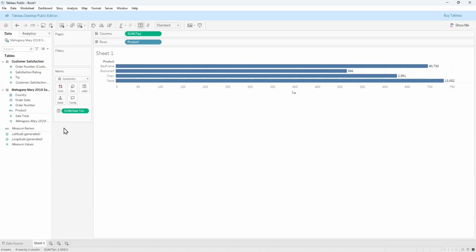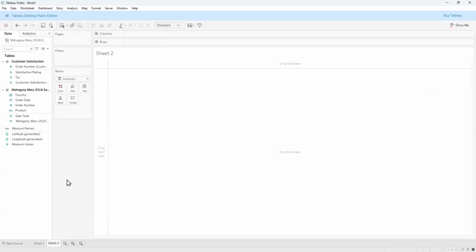So if we want to create a second visualization, we need to create a new sheet. There's a couple different ways that we can do that. We can go up to here and create a new worksheet listed here, or we can go down here and create a new worksheet here. So now we have a new worksheet. So now we can start asking other questions. So for example,